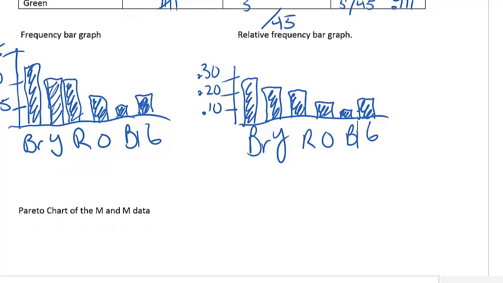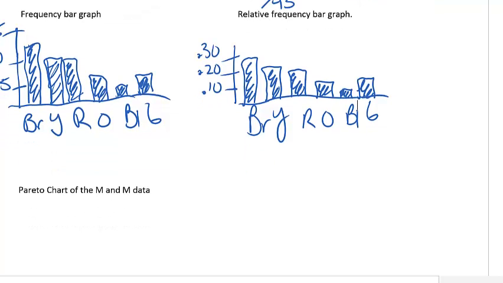Now, adding into it the Pareto chart. A Pareto chart is essentially a bar graph, but it's been rearranged so it goes in descending order. So we just changed the order of a couple of those. The last two bars actually just need to switch places. It can be frequency or relative frequency. That part doesn't really matter. So we'll stick with